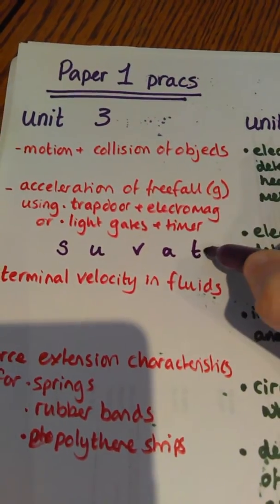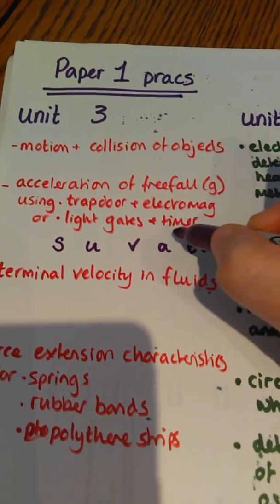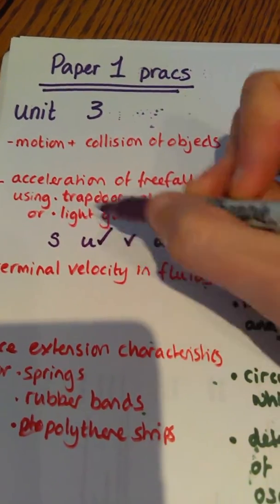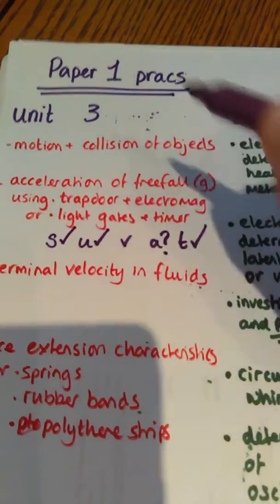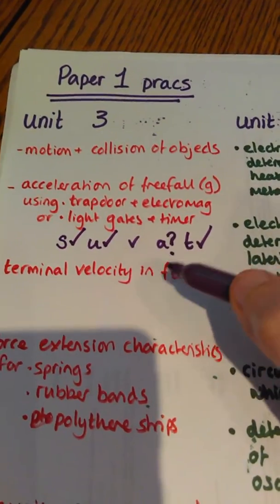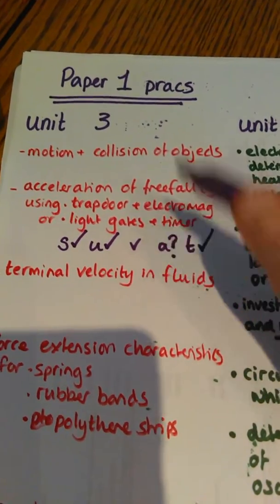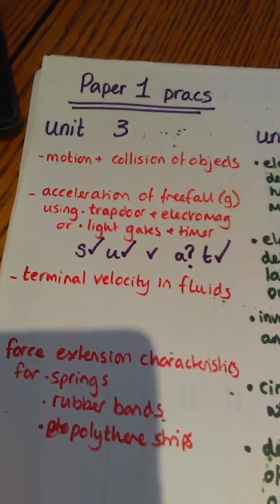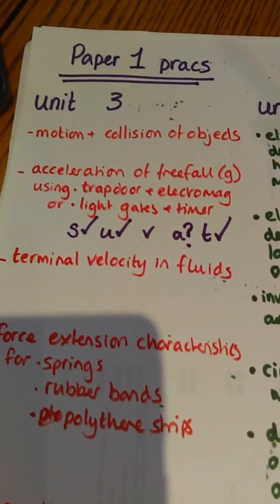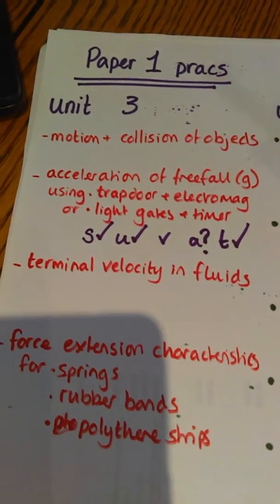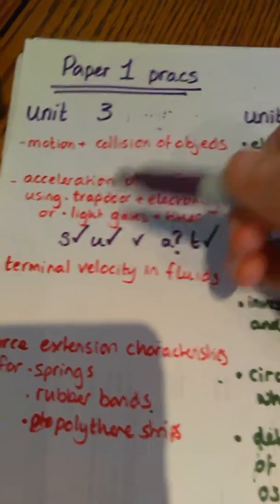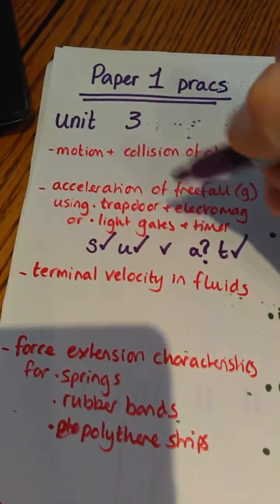You are going to have time measured. You want to find acceleration. Your initial velocity will probably be 0, and you'll measure the distance. So measurements are going to be the ones that are ticked. You're going to be calculating a. So you're going to suvat that and find the right suvat equation to use. So s = ut + ½at². Maybe you could do this over several distances and plot a graph of,